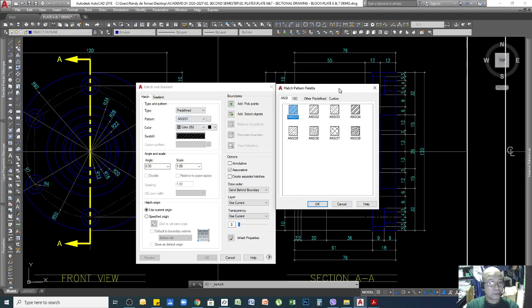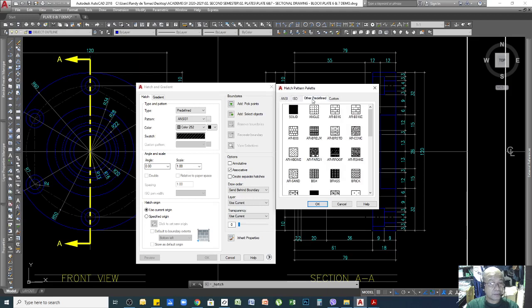Alright, and then this one will appear. So just use this one, the first one. By the way, you can look for other hatches here, like this one, other predefined ones. So if you want a hatch with a solid, or a plain hatch, you can use this solid, and then you can use a different color. But for your activity now, just use this one first,